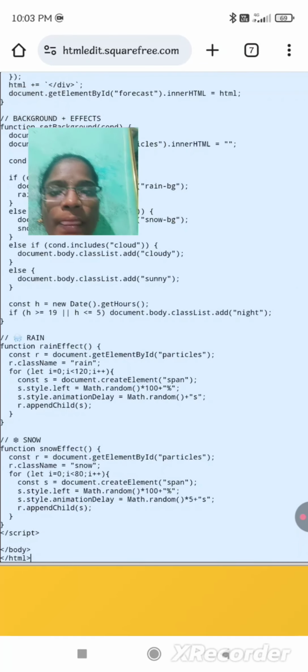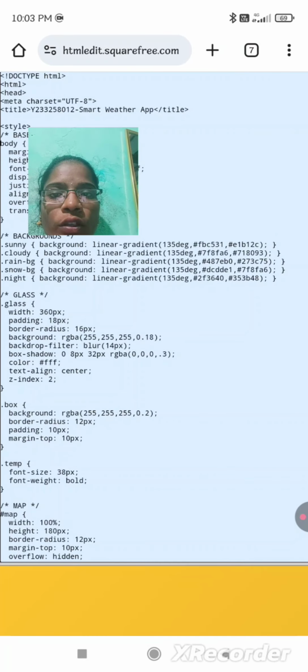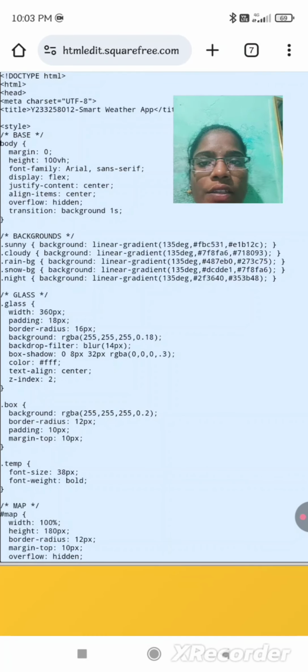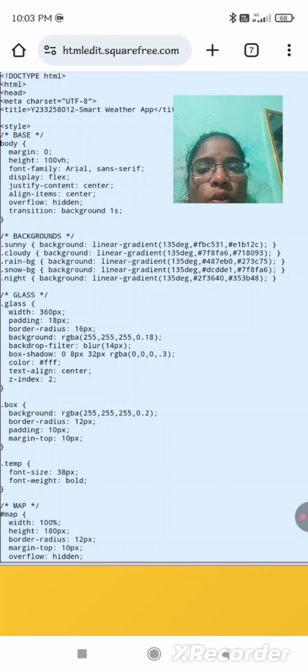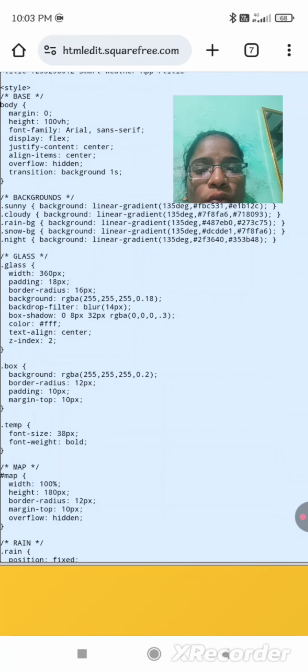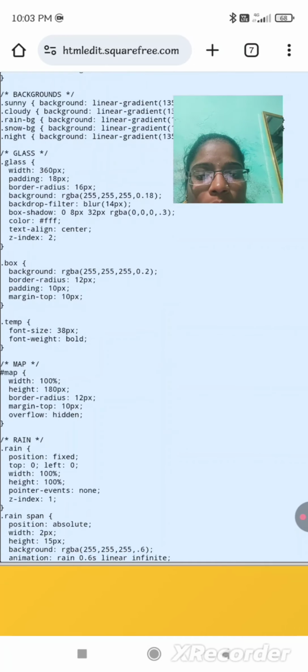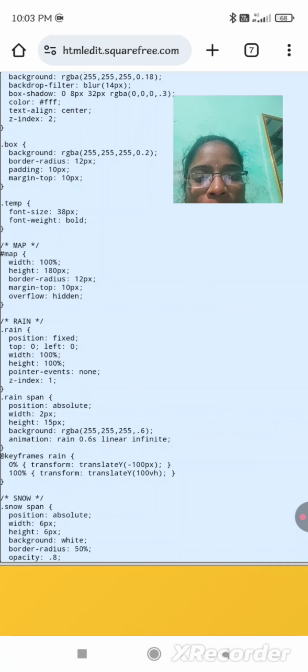and paste them. In this program we can take a HTML document. HTML means hypertext markup language, and next take head. This is the title for this example is Smart Weather API. We can take style. Style means CSS. CSS stands for cascading style sheets, and we can also use there background, glass and temp, map, rain and everything